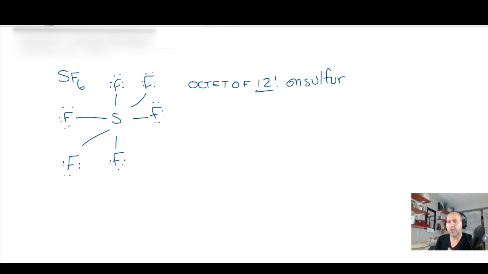The first series of arguments about how this kind of bonding occurs allowed for what we would call an expanded octet or hypervalency for some elements. And the reason for this goes back to quantum numbers. So the valence of sulfur